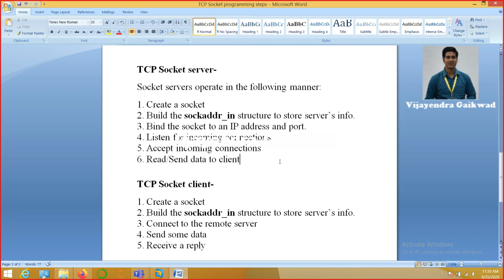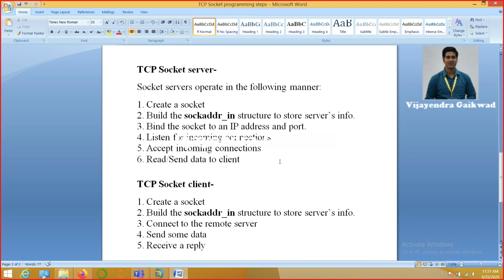You will be able to receive data through the read, recv and recvfrom functions, and you will be able to transmit the data by using the send, sendto, and the write functions. Now the same three pairs of functions will be used from the client side as well whenever the client wants to send or receive the data. Clear with these six steps that we need to do on the server side?